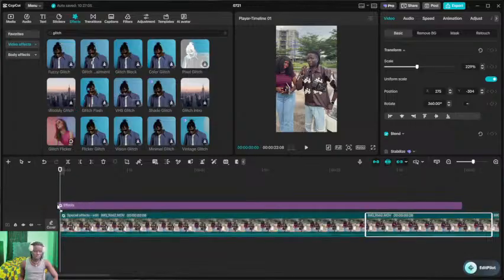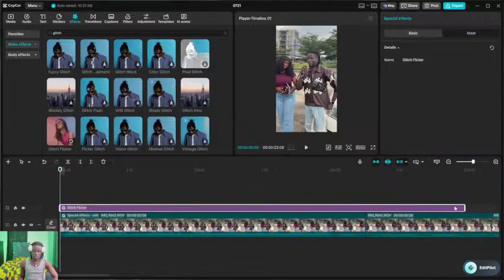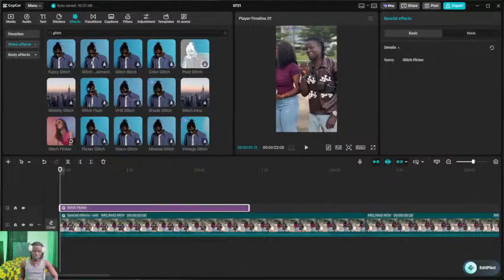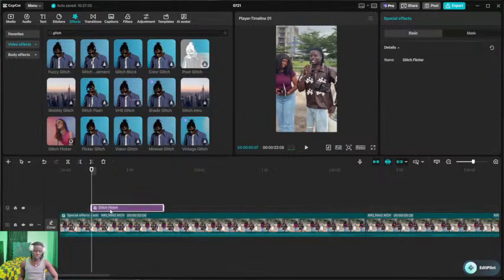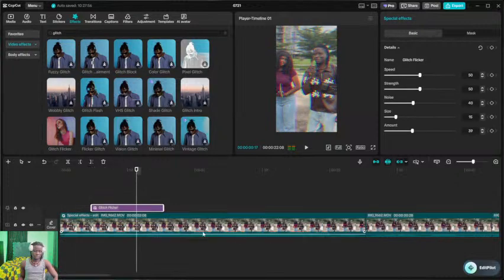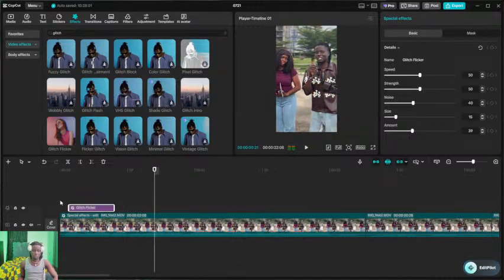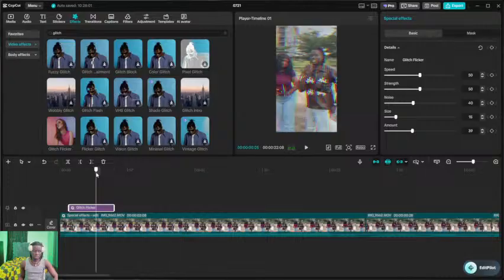Yeah, I think I like this one. Just quickly, I just like to place it somewhere around here. Too much, too far. Now, how much I want the glitch